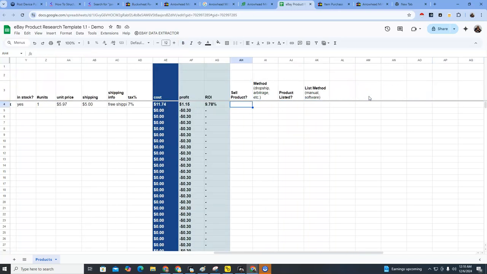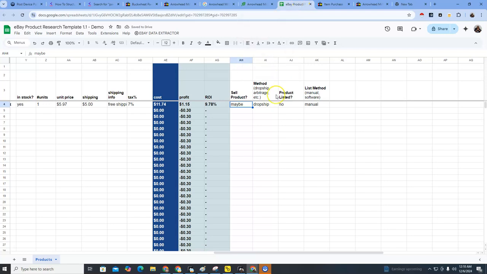Right? And then over here I have some other, I mean, you can add whatever you want over here, really, but I've added some other columns that I thought might be of some use, like if you decide whether or not you want to sell it, let's say yes, or maybe you don't know how you're going to sell it. You're going to drop ship it, or you're going to do arbitrage. Let's say you decided to drop ship this because that's something you can do. I actually personally have done a combination of things, like drop ship and arbitrage. I've kind of done everything. So there are different methods that I might want depending on the product. And then whether or not I've listed it, no, I haven't at this time. And if you do list it, you might want to note how you're going to list it. Let's say I'm going to do this manually,